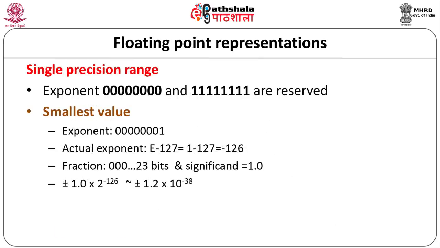Normalized floating point numbers. In normalized form, the radix point is replaced by the first non-zero digit, for example 5.6789 into 10 raised to minus 15, or 1.00110 into 2 raised to 12. For a binary number, the leading bit is always 1 and need not be represented explicitly, which provides an advantage in that it saves